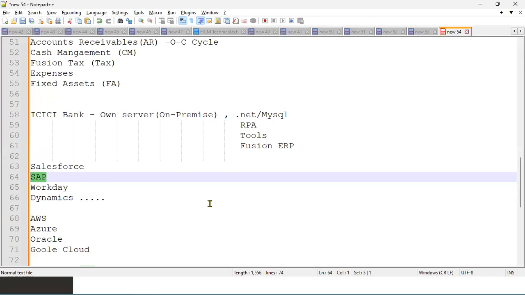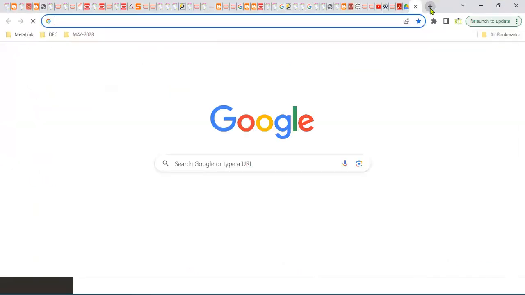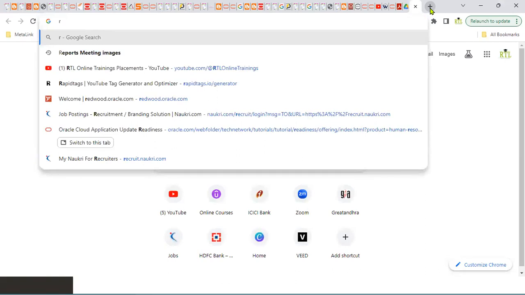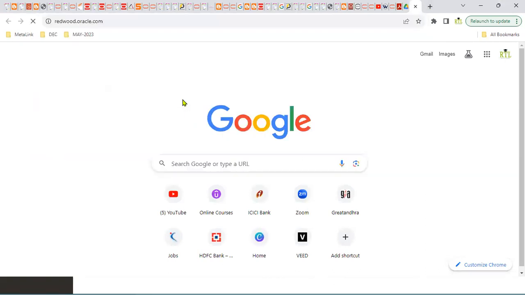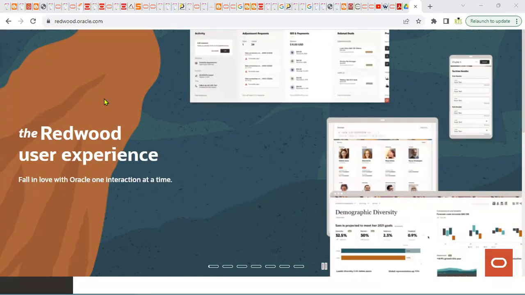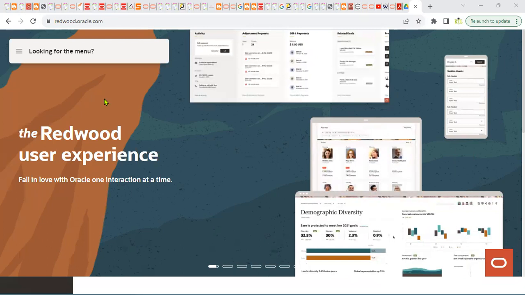If you take this course on this platform, what about the future? Oracle Fusion is just the starting point now. Oracle is saying that it's going to be the number one ERP cloud in 2025. It's not only Oracle. The major competitor in ERP for Oracle is SAP, right from 1996. But when it comes to the cloud,